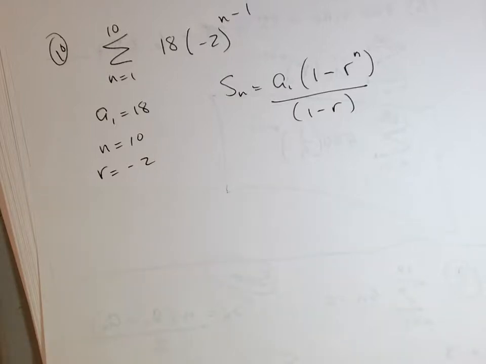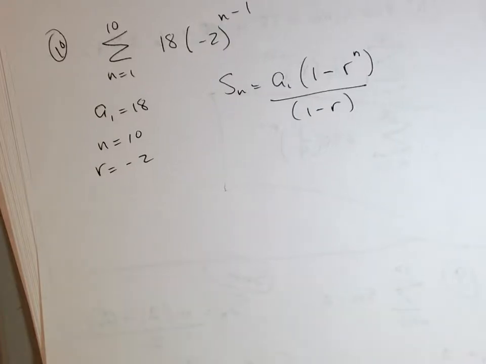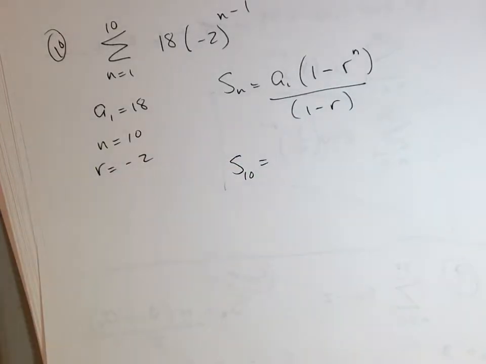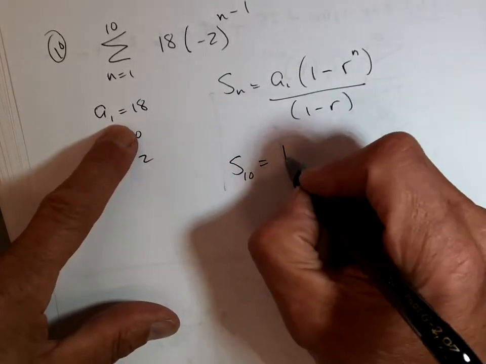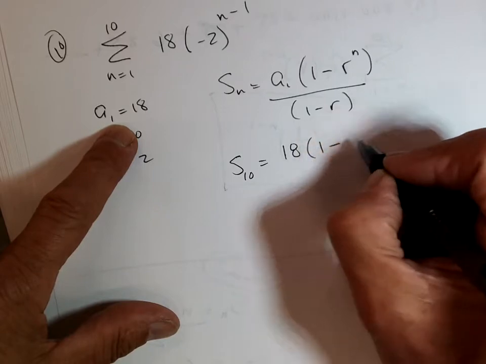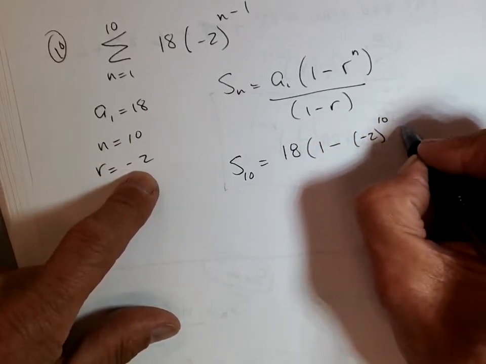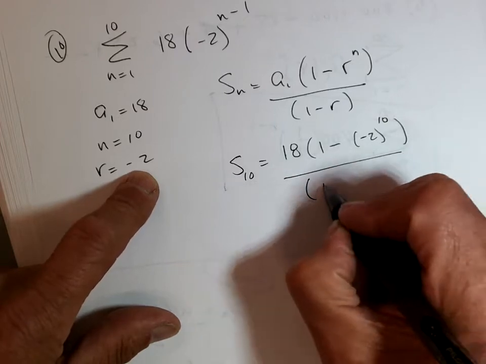Is that S or 5? It's an S, because we're doing the sum. Does that make sense, Lauren? So I'm going to go S of 10. That's what I really want to find. First term a1 is 18, times (1 minus negative 2 to the 10th power)